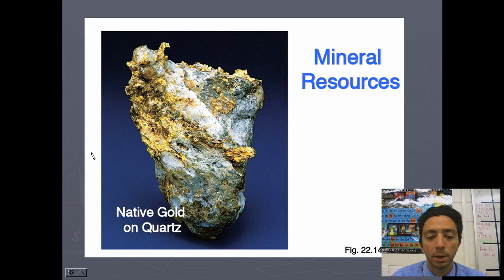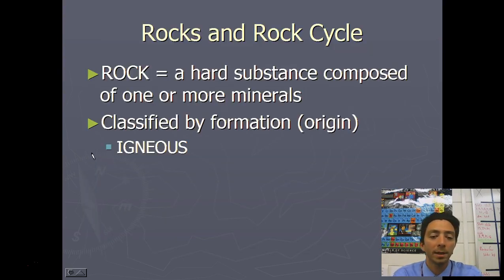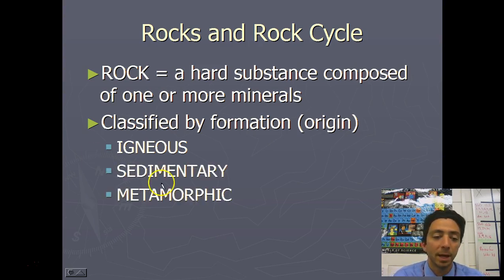Some minerals. So minerals are really vital for building stuff, for making new things. And so where do they come from? How do we get them out? The first thing before we get into that I want to talk about is how they kind of move through the rocks that they're found in. So the rocks in the rock cycle: a rock is just a hard substance that's composed of one or more minerals, and we've got three main types of them. And so rocks are able to go from one of these types to the other. It's kind of this endless cycle that they're being pushed through over time. It's a very slow cycle, though, because we're dealing with geological time scale.